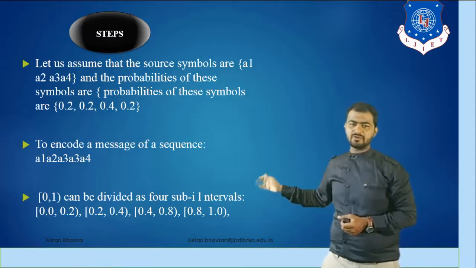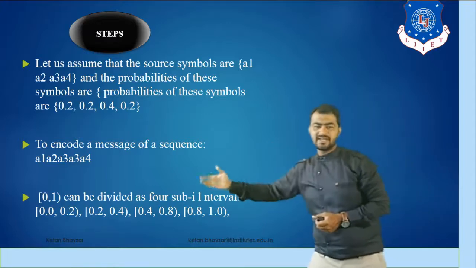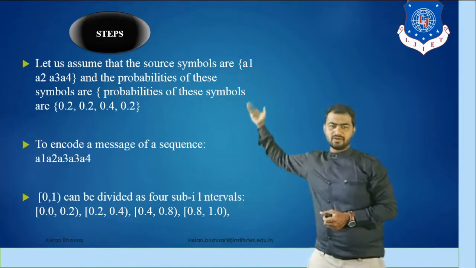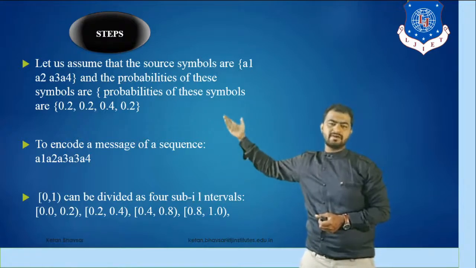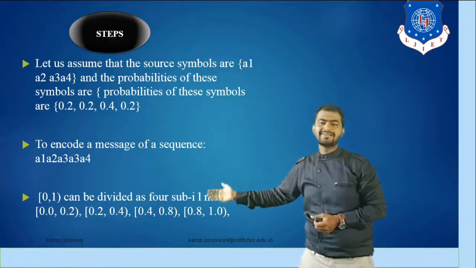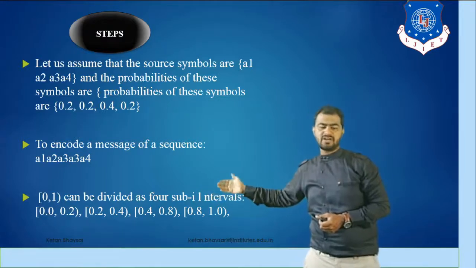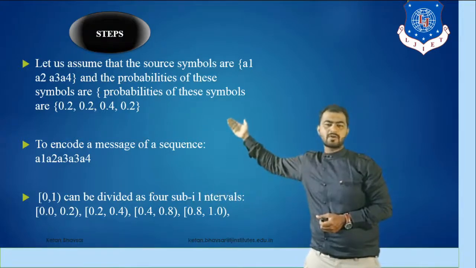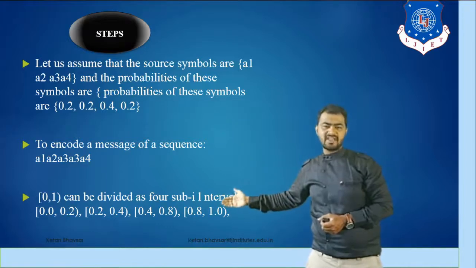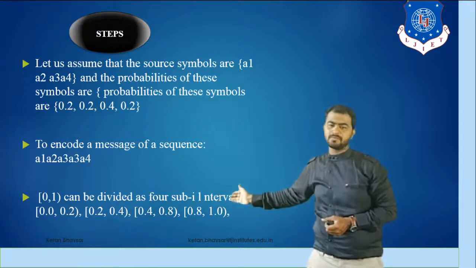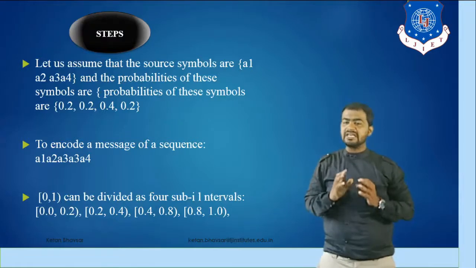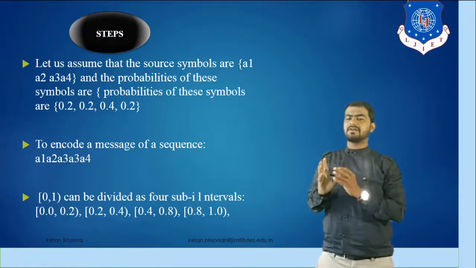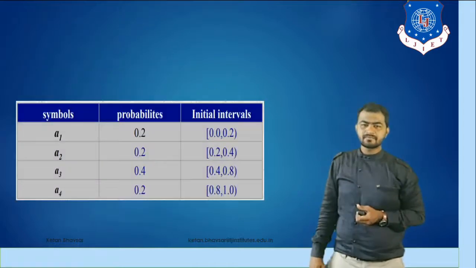Now the interval, as you can see, we start from 0.0. So starting from 0.0 to 0.2 because we have initial value 0.2. After 0.2 we add the value 0.2 because the second value is 0.2. So we have a starting address, previous value 0.2, and 0.4. Now we have previous value 0.4, so ultimately we have to add 0.4 more. So as you can see, we have 0.8. Now the previous value for this interval is 0.8, so now we have to add again 0.2. So it becomes 1.0. So these are the sequence, as you can see, whenever we work in arithmetic coding based concepts or applications.